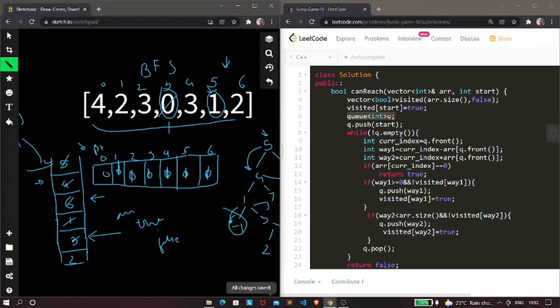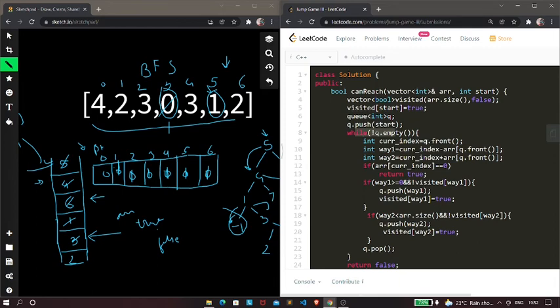Now next we have taken a while loop. Inside the while loop we have written a condition, not queue dot empty, which means that we need to check if your queue is empty, then we are going to terminate from this while loop. But if it is not, then we are going to go inside the while loop and execute the statements which are there in the while loop, right?